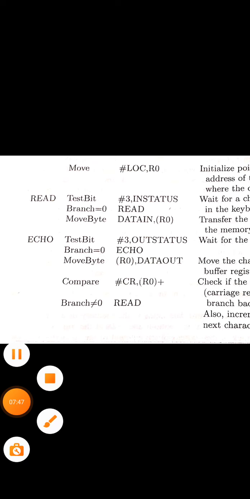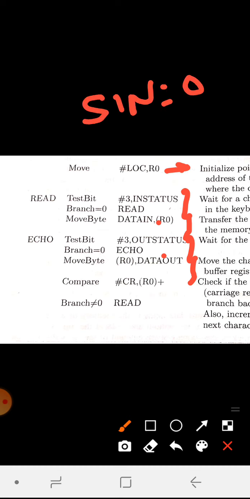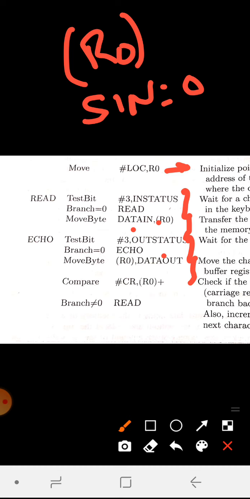Now we are using R0, which is acting as a pointer here. R0 will be pointing to the address of the first location in your memory. Now these three sets of instructions are to check SIN and this is to check SOut, right? SIN equal to 0 means there is no data from data in. If not, you can send the data into R1. In the previous one we used R1. Now we are using R0, provided it is written in parentheses, which says that they are in memory locations. Now you will be sending the data present in data in to the location pointed by R0.